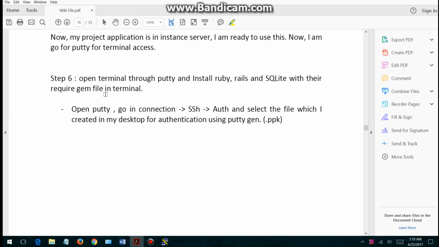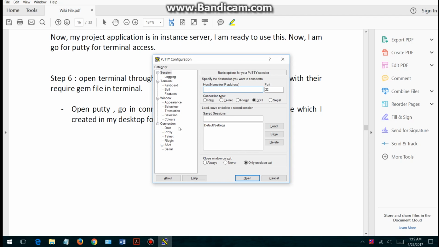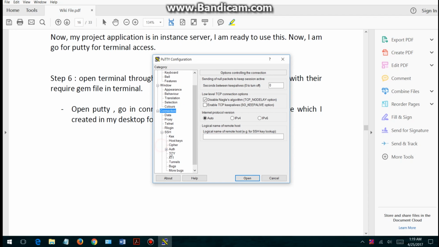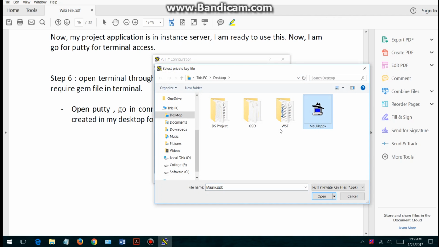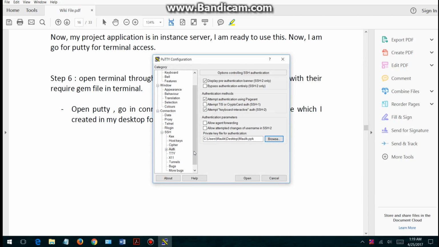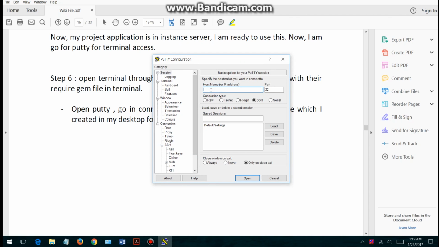Open PuTTY, go to connection, SSH, authentication, and select the file which I created on my desktop for authentication using the PuTTY key generator. Now go back into PuTTY, click on connection, go into SSH, authentication, browse the file and select the maulik.ppk from the desktop which I created from the key generator of PuTTY. Click on open. Go back to the session and just write the host name, the public IP address